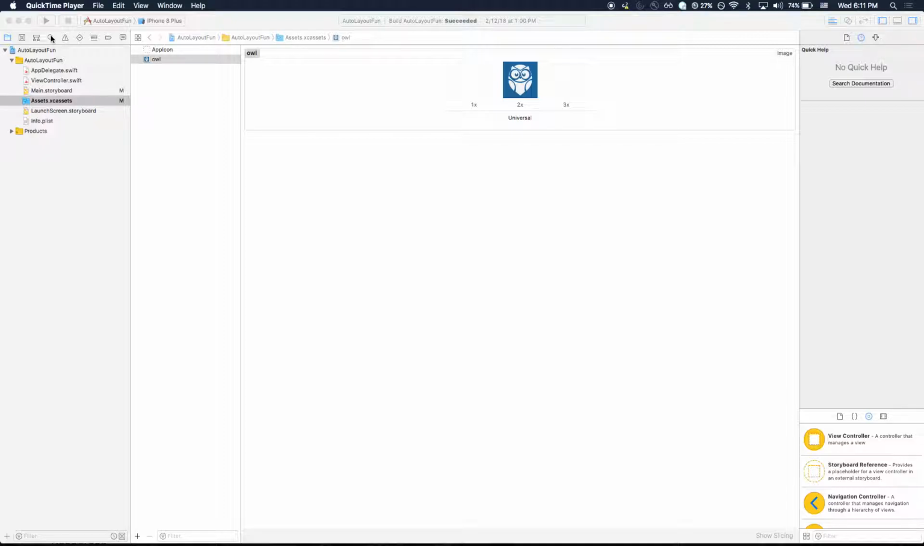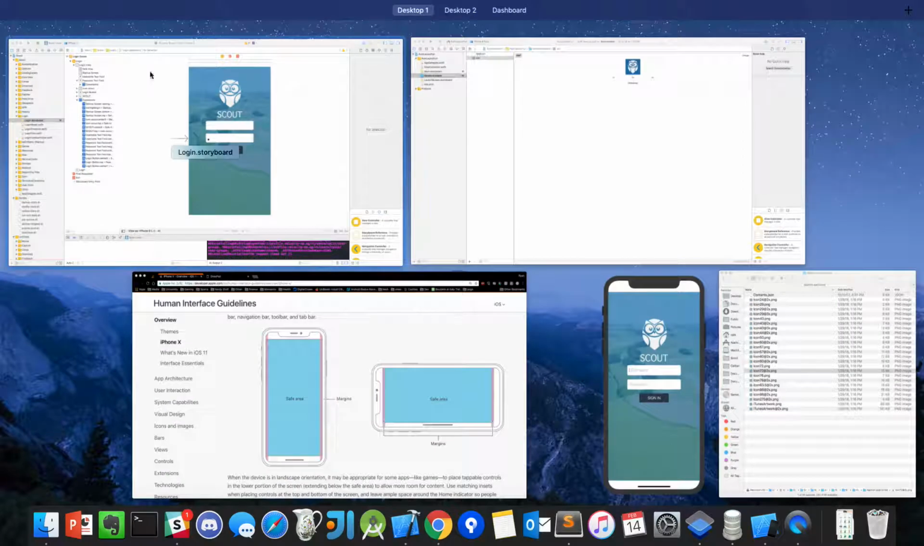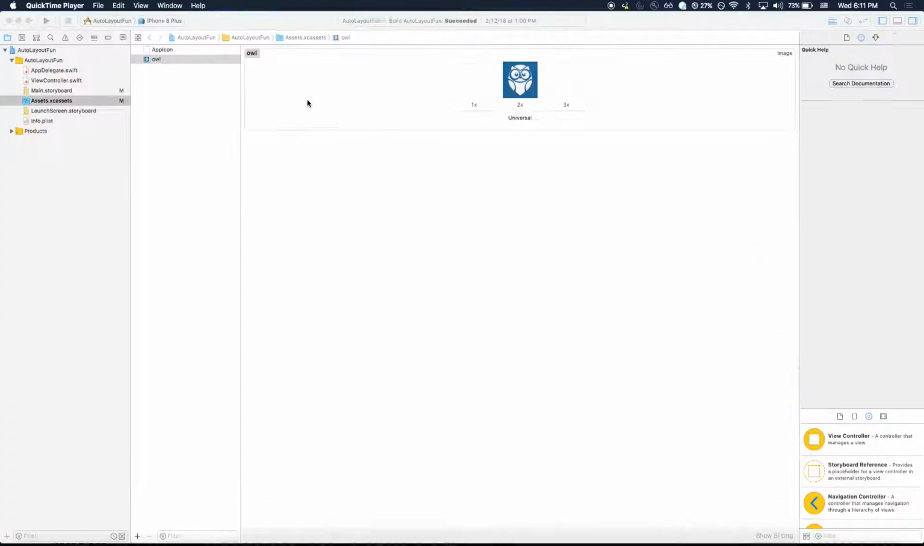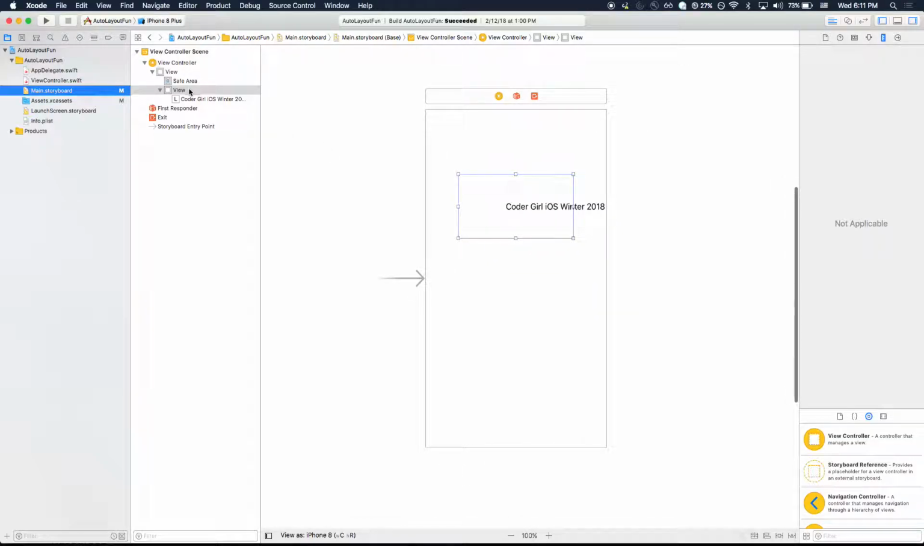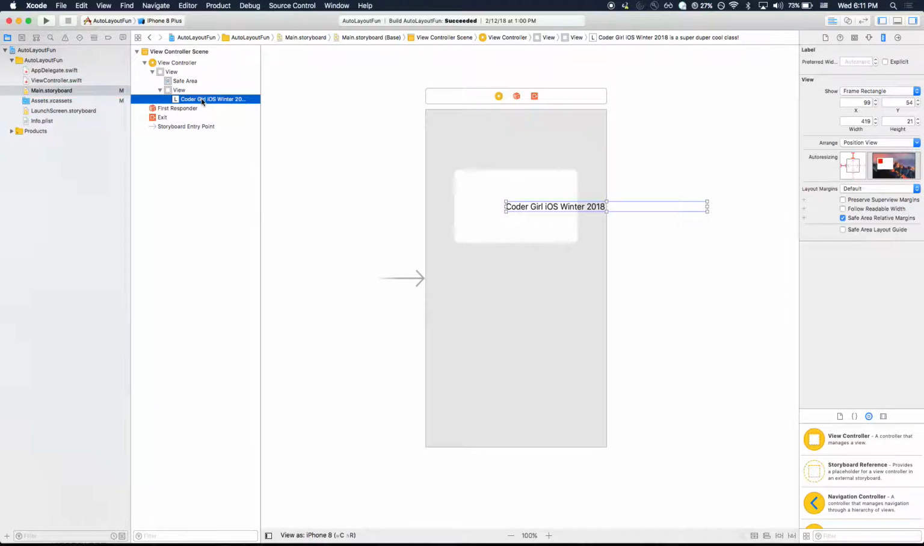Tic-tac-toe game, if you try to basically flip it, it wouldn't rotate correctly, I would imagine, and it would look kind of funny. And I just want to prove that to you guys. I made a very simple storyboard, and I literally just threw a view in there with a label. So if I run this,